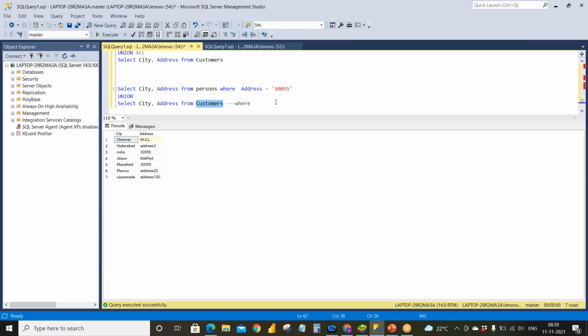So if you want to apply the condition between two tables, the best practice is to give the condition in both the tables so that you will get the exact data whatever you need. Okay, so this is union. In the same way, we will see whether we can add person ID and customer ID.